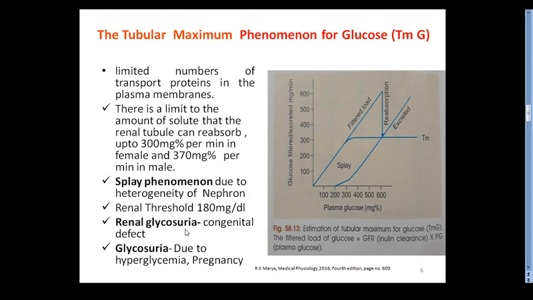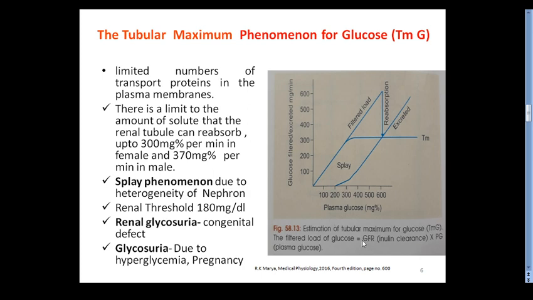Another physiological cause of glycosuria is pregnancy. Here in this picture you can see the filtered load of glucose. It depends on GFR, the glomerular filtration rate, times the plasma glucose concentration. So in pregnancy, what happens? The GFR is increased. The plasma glucose level is normal. Why is GFR increased in pregnancy? It is because of high renal perfusion. In pregnancy, there is an expansion of plasma volume. That's why there is hyperperfusion of the kidneys.